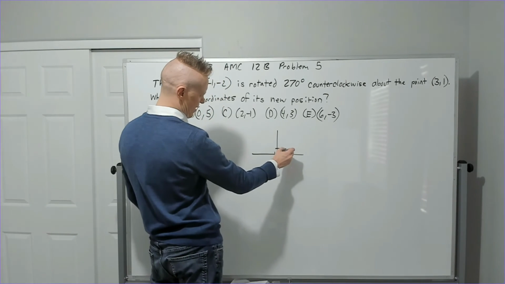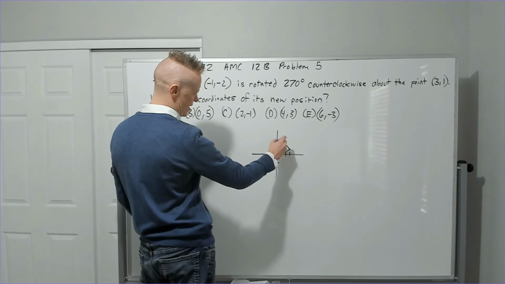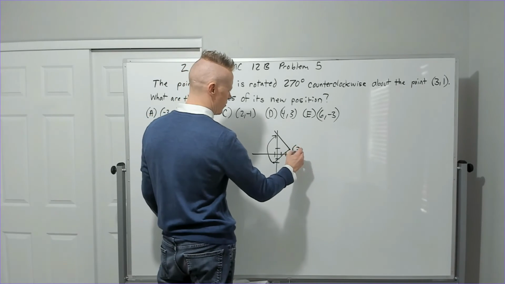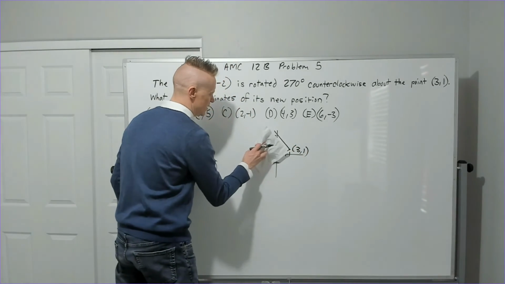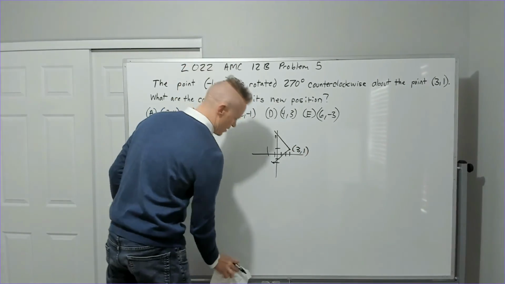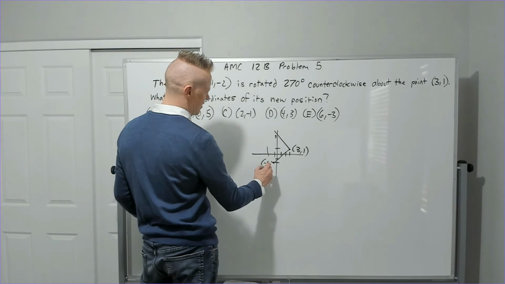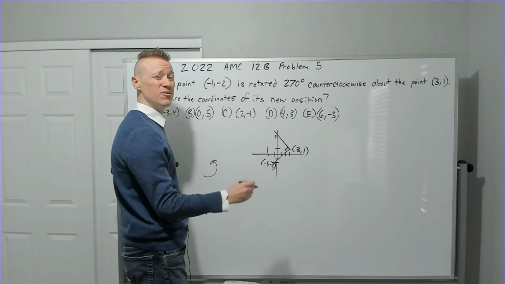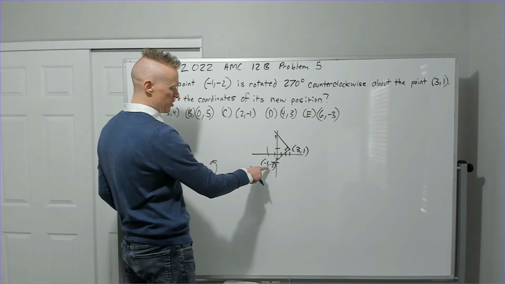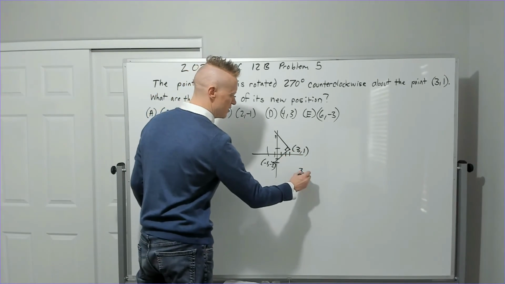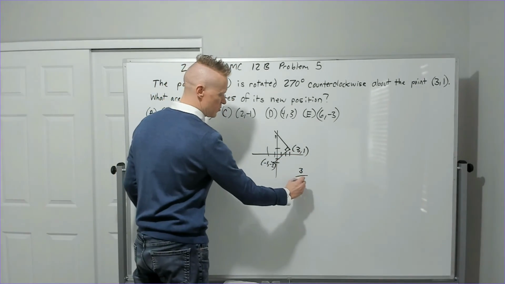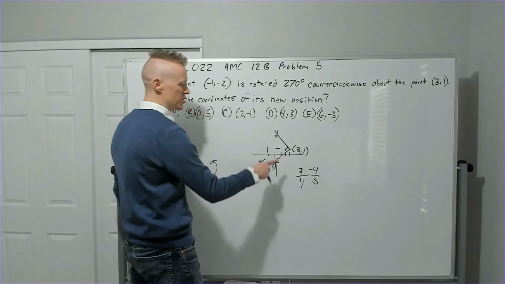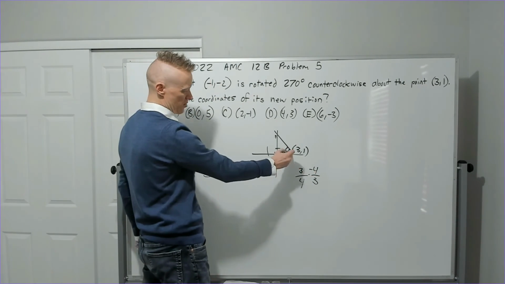Then I'm going to connect to this point, and you're going to rotate 90 degrees this way, clockwise. So let's think about how this could work. We've got 3, 1. We'll get rid of that so we can kind of see what's going on here. 3, 1, this is -1, -2. So think about perpendicular lines. They're going to have negative reciprocal slopes. So I'm going to go from -2 to 1, that's a rise of 3. -1 to 3, that's a run of 4. I'm going to need -4/3 to be the slope from here. I would normally go down